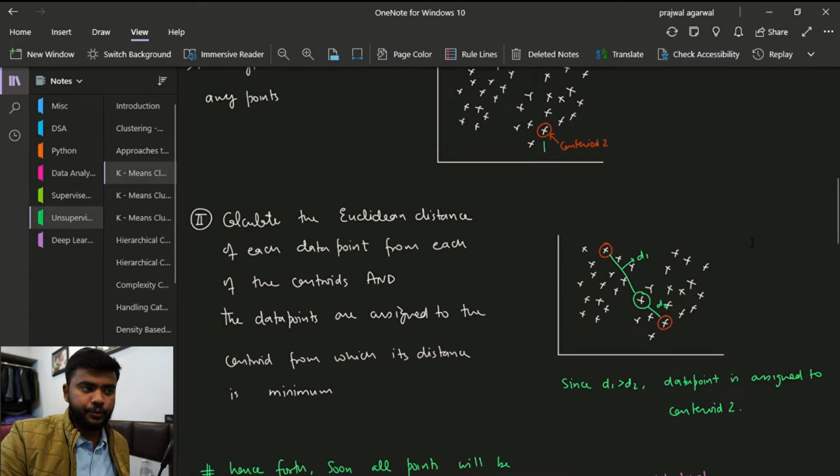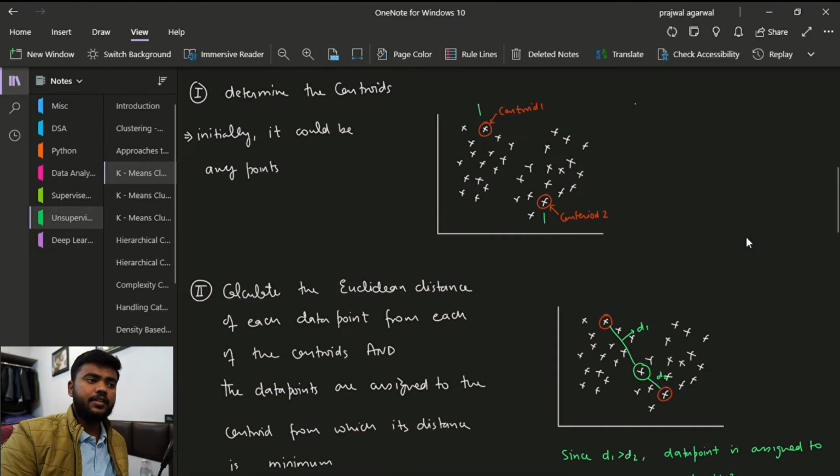The next thing that we do is we calculate the distance of each point from each centroid: the distance of this point from this, and the distance of this point from this as well.